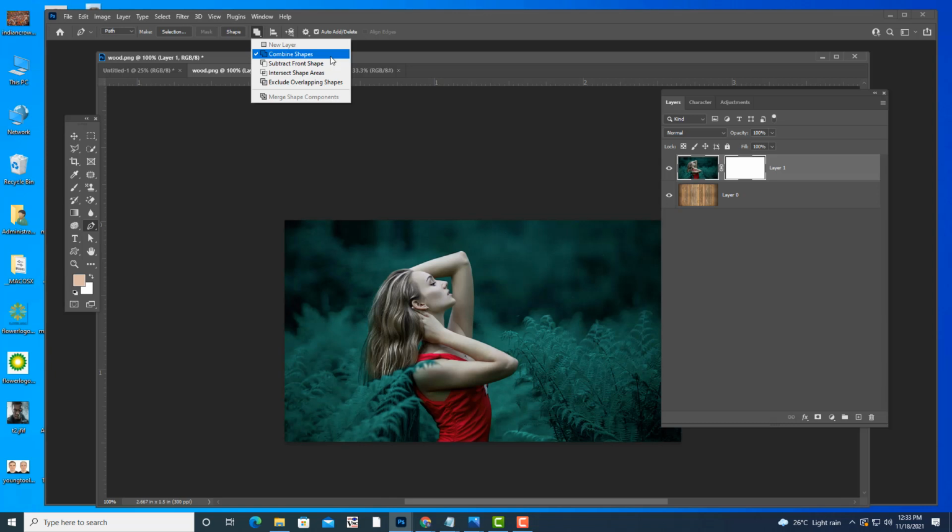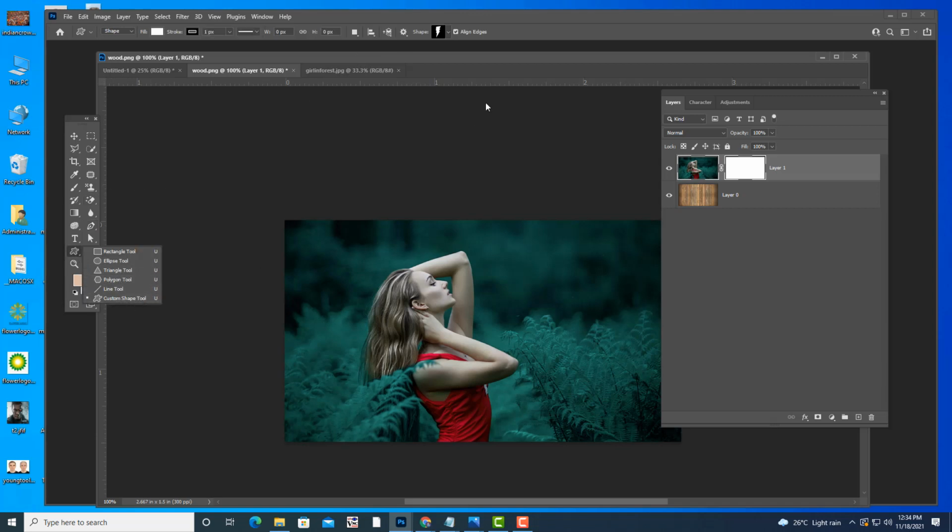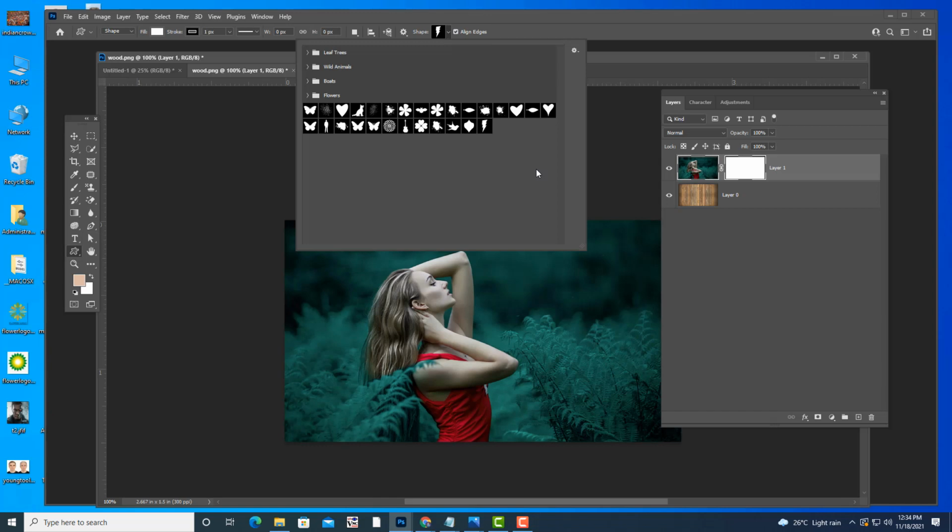See, sometimes what happens is normally by default these combined shapes will be active, but sometimes some other options will be active, like exclude overlapping shapes. So even at that time this will not work. So always keep this option as combined shapes, keep this as path, and then make sure that the mask thumbnail is active. And now we will see the effect of vector mask. We can see the effect of vector mask by drawing shapes with the pen tool or by using the existing shapes also.